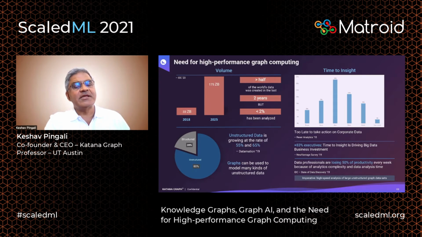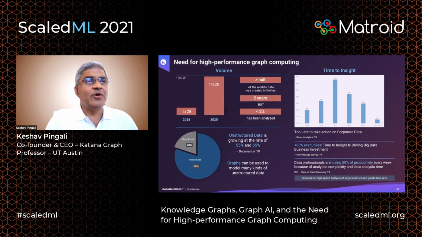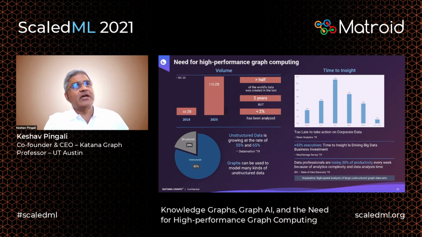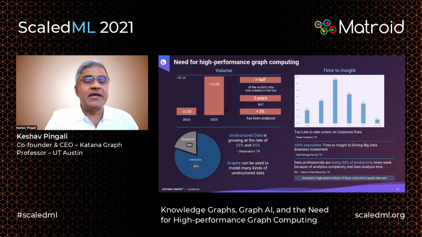But about 10 years ago, a group of colleagues and I realized that there was an opportunity to take all of the techniques that we have developed in high-performance computing and use them in a different domain that was emerging, and that is the domain of graph computing. So to understand what the opportunity is, to see why this is an interesting thing to do, I'm going to make the argument in two parts. One part of the argument has to do with the volume of data, and the other part has to do with time to insight.